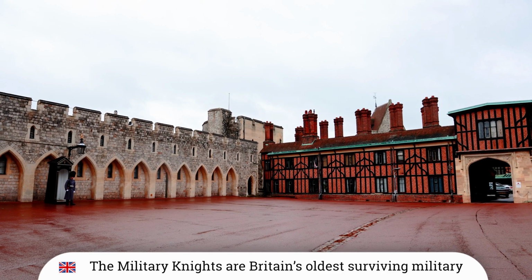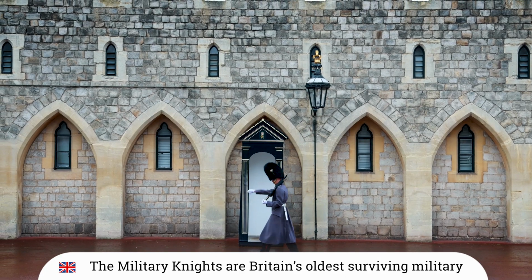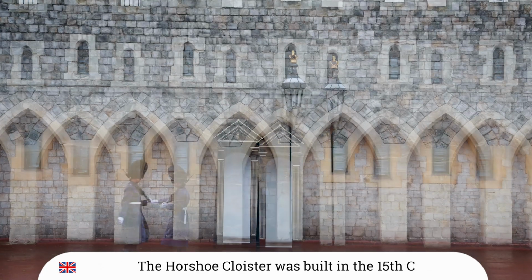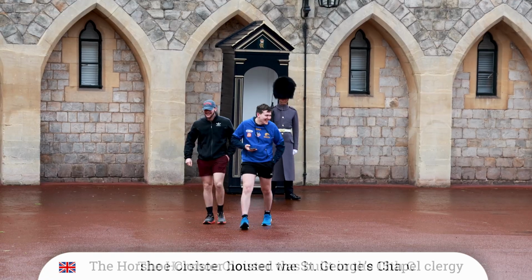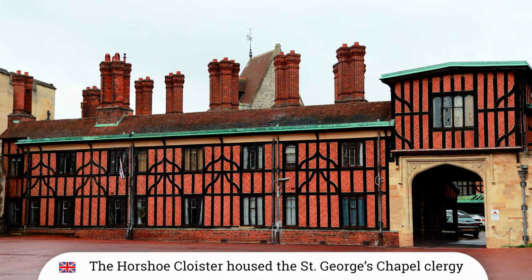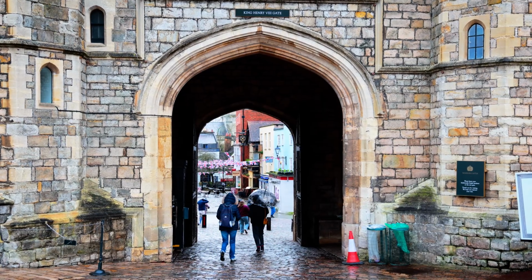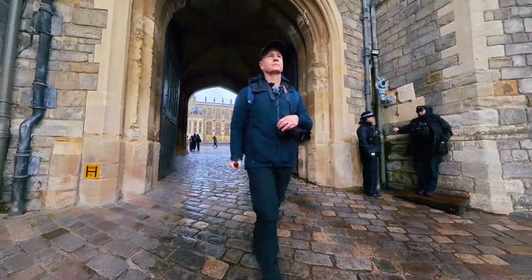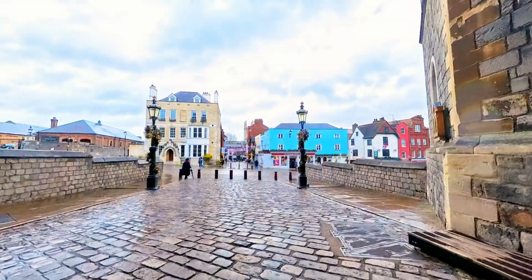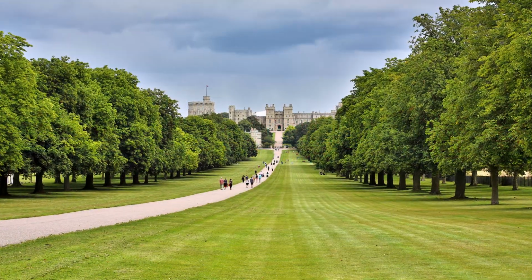The lower ward also features residential quarters for the military knights of Windsor and the Horseshoe Cloister, which was built in 1479 for St. George's Chapel clergy and features a distinctive timber frame design. And this is where you'll actually exit the castle after, of course, spending some time and money in the gift shop. Another great thing to do is visit the Long Walk, which has perhaps the best views of the castle,